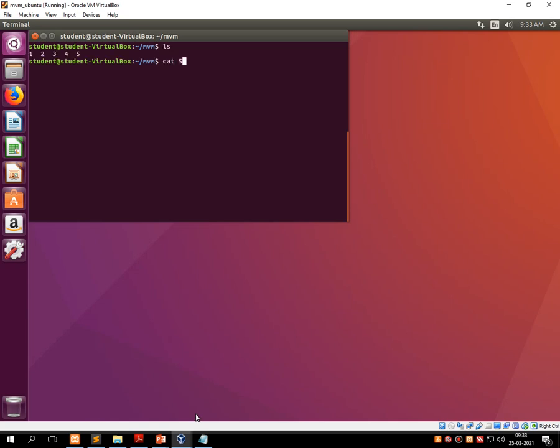Cat 2 times less than, and then the name of the file. It returns the symbol, then give the values like 3 and 1. Press enter. Now give the shortcut Ctrl D. It returns this error message onto the screen, as the comparison becomes false. Let's go ahead.